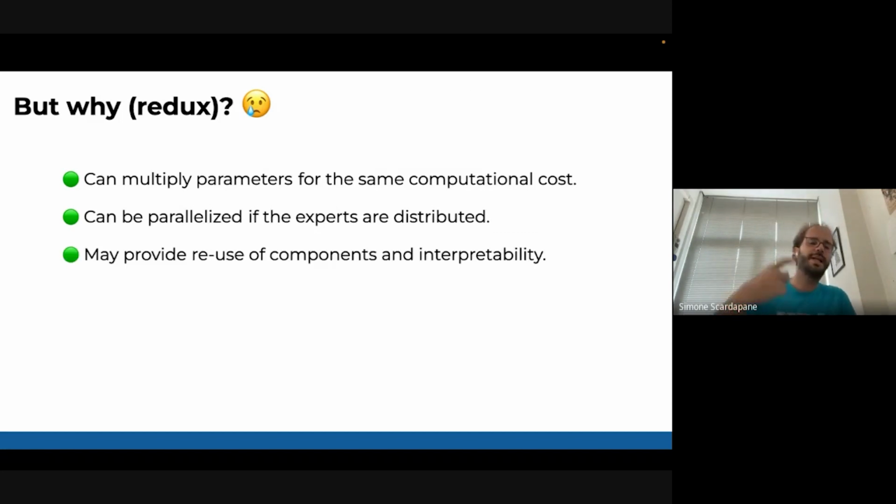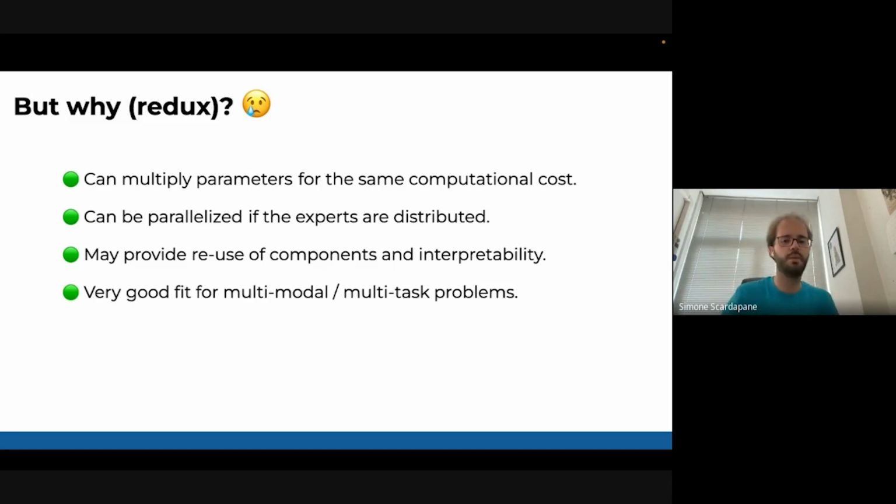And the reason I like them is that if you're able to make these experts specialize a lot, then ideally you could probably reuse and interpret these components. We'll see that. And we'll also see they are very nice for multimodal and multitask problems. They have some issues.